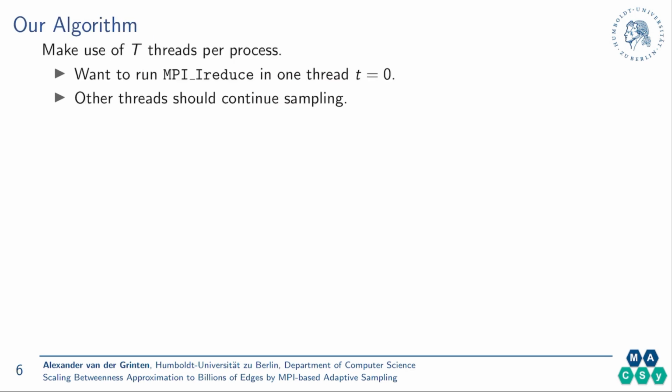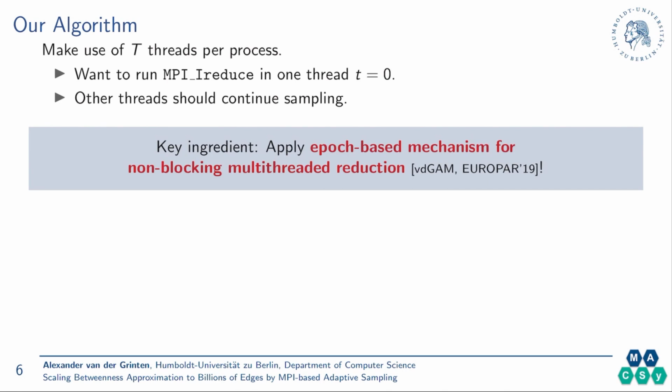Now let's look at how our algorithm can perform such a non-blocking reduction even in the hybrid parallelism setting. We denote the number of threads per process that we use by large T. What we want to do is run the MPI reduce only in thread 0 in each process. While this reduction is in progress, we want all other threads to continue their sampling process without waiting for the reduction to finish. The key ingredient that enables this is an epoch-based mechanism for non-blocking multi-threaded aggregation, and this